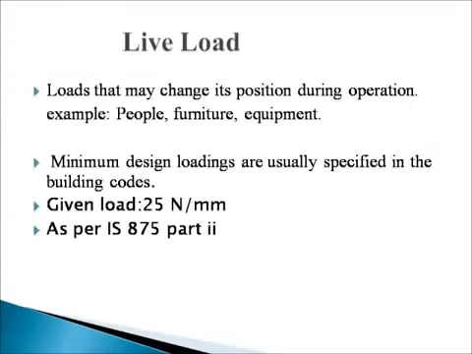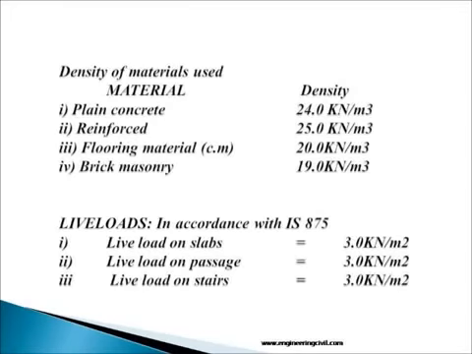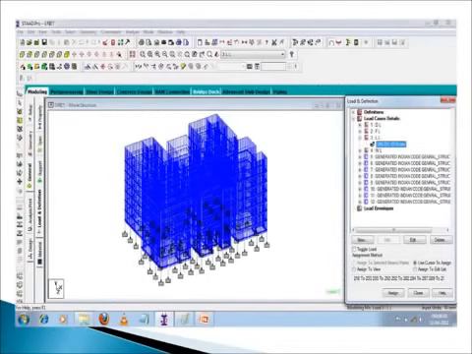Next, live load. Live loads are loads which may change their position and magnitude with time. An example of live load is people moving on the structure. In this building we gave live load as UDL. In STAAD we select the type of load after creating a load case and later we assign it to the required parts of the structure. Here blue color indicates live load on the structure. Loads are designed as per the code IS 875 part 2. Given load is 25 Newton per mm.